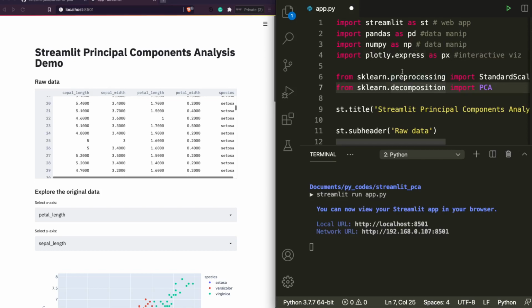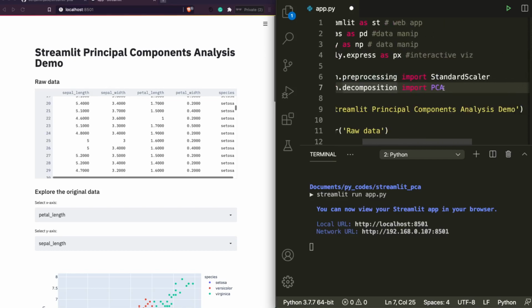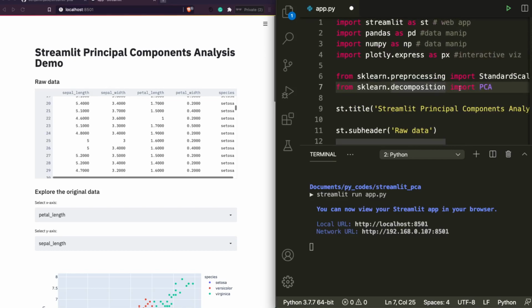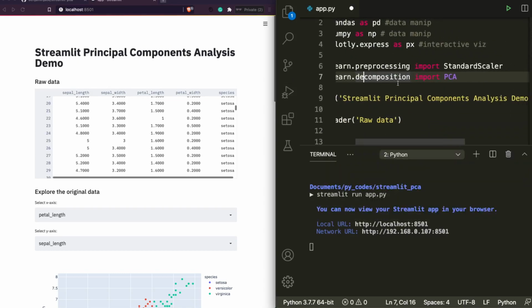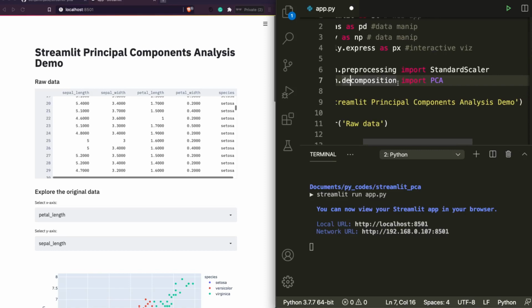And scikit-learn's StandardScaler for normalization, and then you have got the PCA from decomposition. If you are not familiar with PCA, I would encourage you to look at the concept. Basically what we are trying to do is, when we have a lot of columns, this is one of the dimensionality reduction methods. When you have a lot of columns, you may want to represent all these columns using a component so that you can reduce the dimensions.